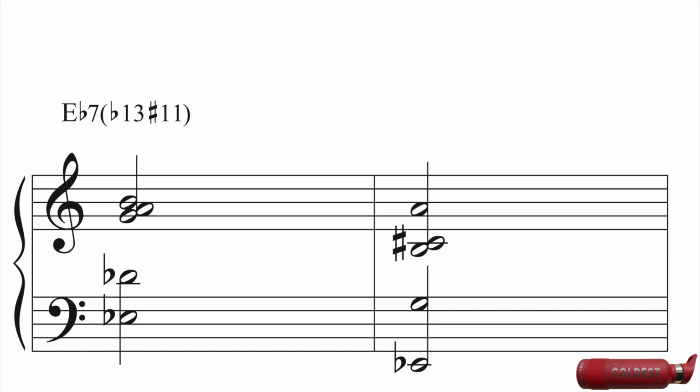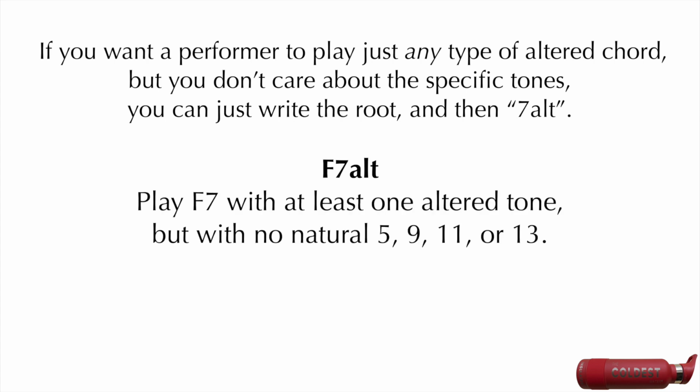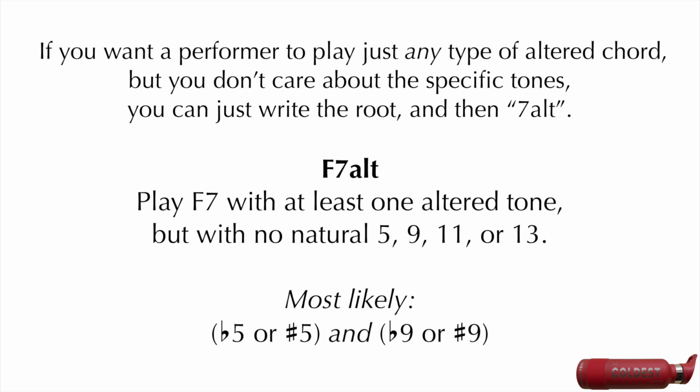E flat 7 flat 13 sharp 11 is also an altered chord. If you want a performer to play just any type of altered chord, but you don't care about the specific tones, you can just write the root and then 7 alt. For example, F7 alt tells the performer to play F7 with at least one altered tone, but with no natural 5, 9, 11, or 13. Most likely, the performer will include both an altered 5 and an altered 9, since doing so really gives the